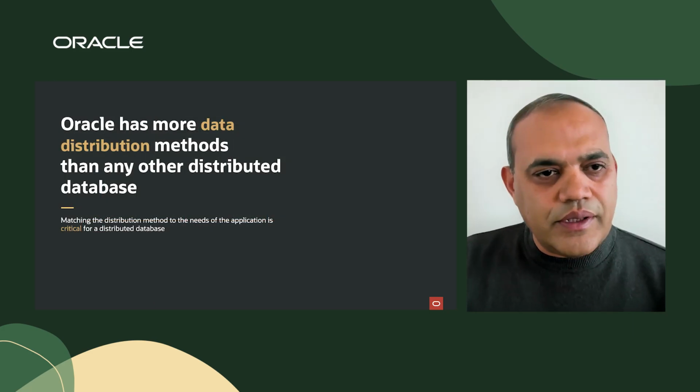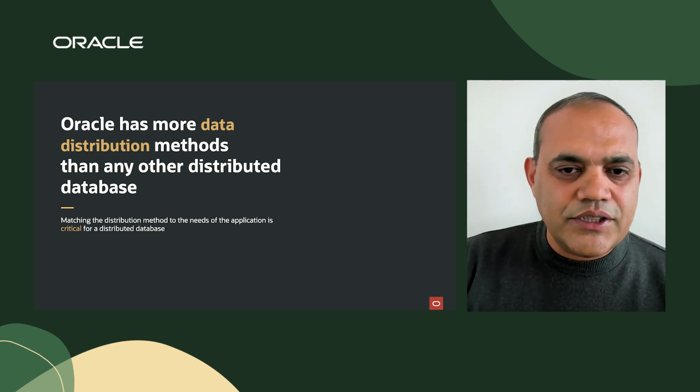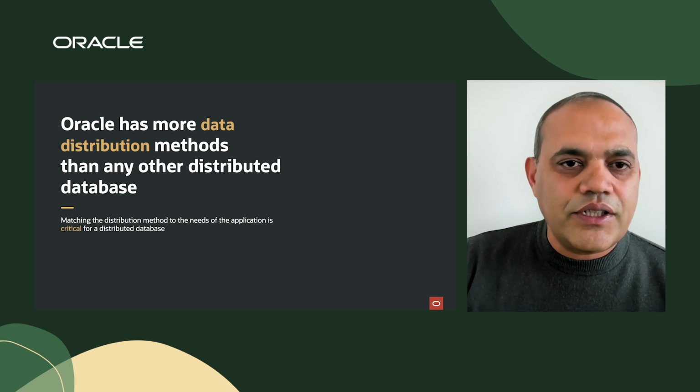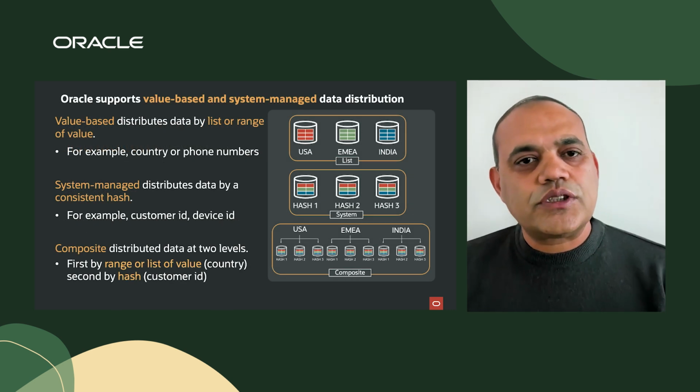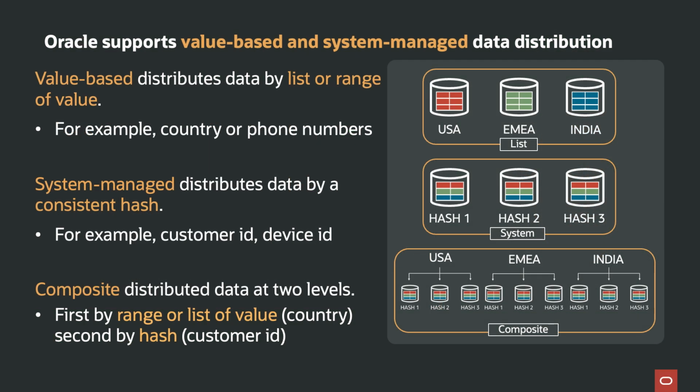Oracle has more data distribution methods than any other distributed database. Matching the data distribution method to the needs of the application is critical for a distributed database. Oracle supports value-based and system-managed data distribution. Value-based distributes the data by list or range, for example, a list of countries or ranges of phone numbers. System-managed distributes the data by a consistent hash, for example, uniformly distribute my data using a customer ID